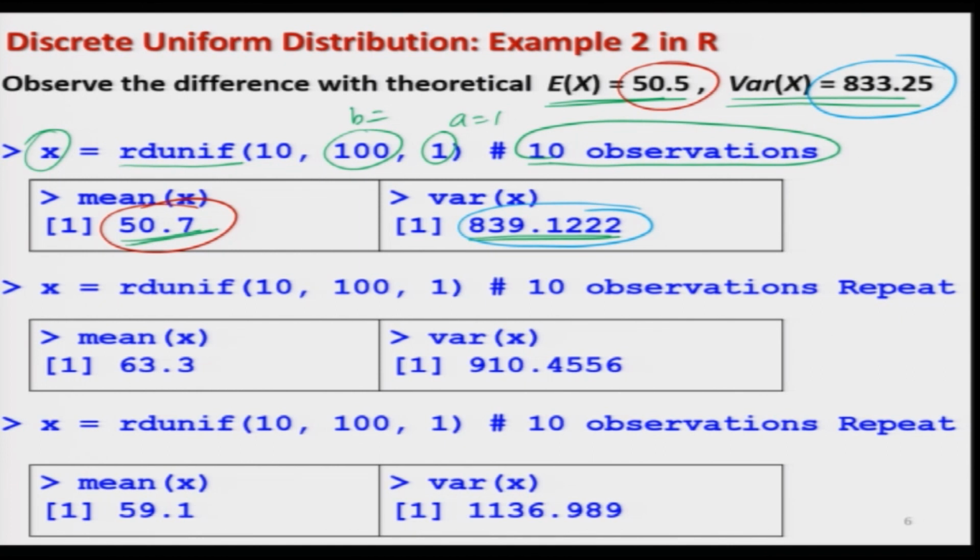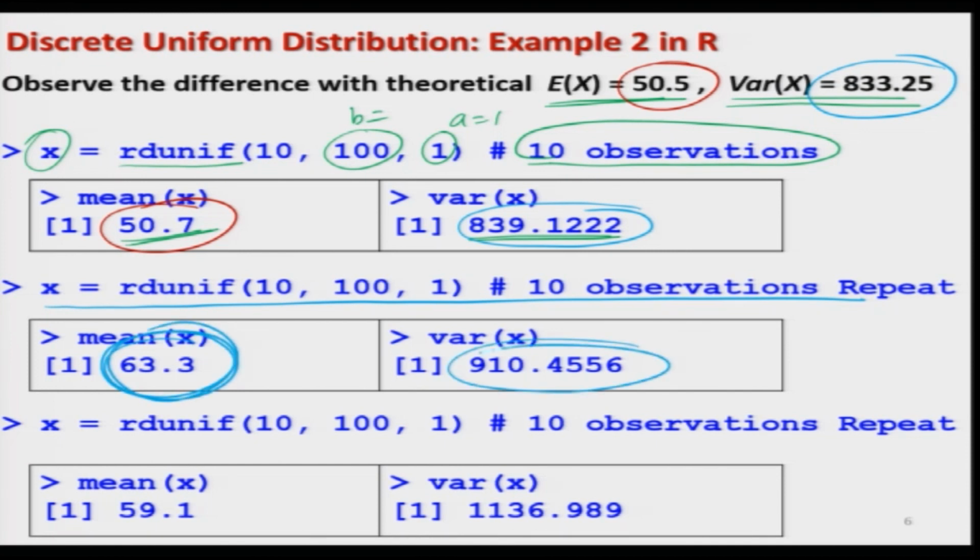Now, in case you repeat the same experiment again and again, and find the value of mean and variance, do you think you are going to get the same thing? For example, let me show you here. I repeat the same experiment, generating once again 10 observations. Then you can see here, this time I am getting a mean of 63.3 and a variance of